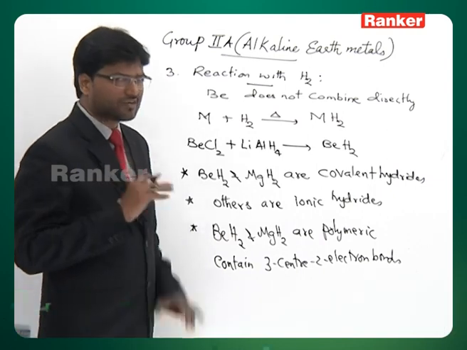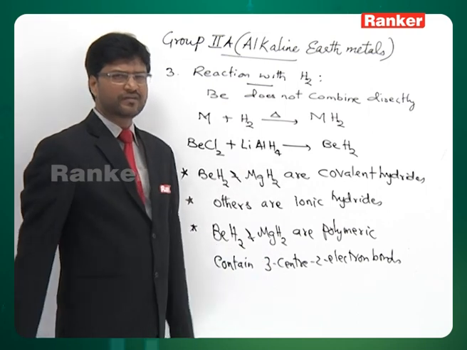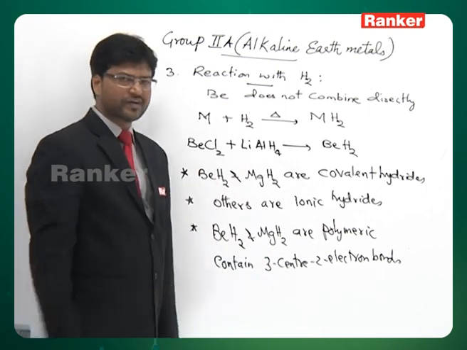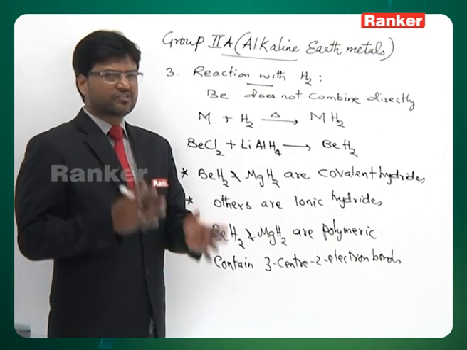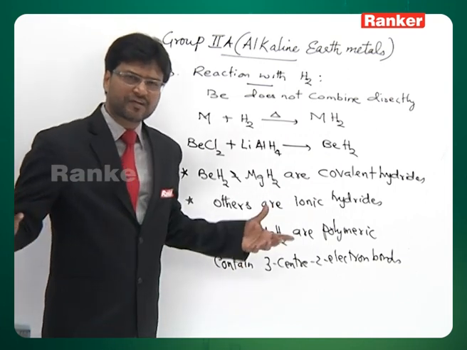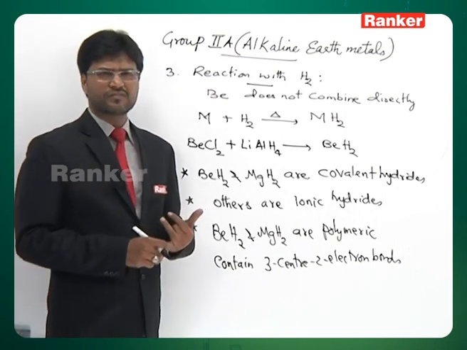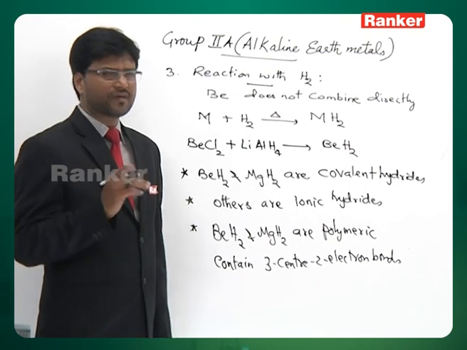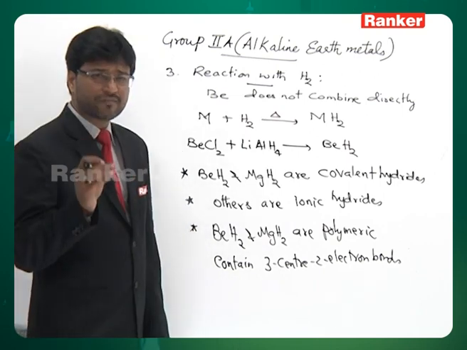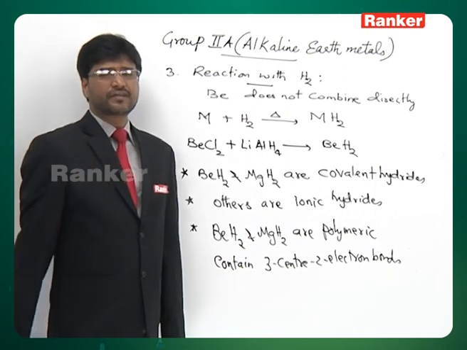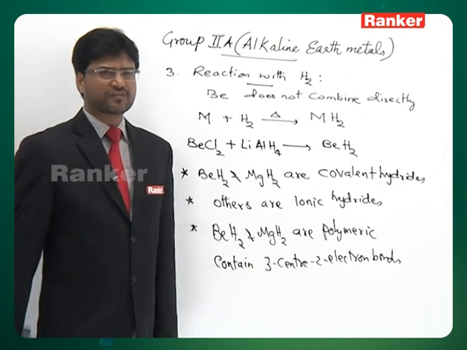Beryllium does not combine directly with hydrogen. You need to react beryllium chloride with some hydride transfer reducing agent, say lithium aluminum hydride, to give beryllium hydride. Magnesium, calcium, strontium and barium react directly with hydrogen on heating and give rise to corresponding hydrides. Another important thing about hydrides is beryllium hydride and magnesium hydride are covalent, other hydrides are ionic. Also remember that calcium hydride is popularly called hydrolith, and when this is reacted with water, it